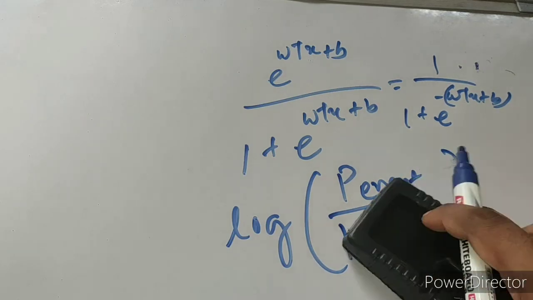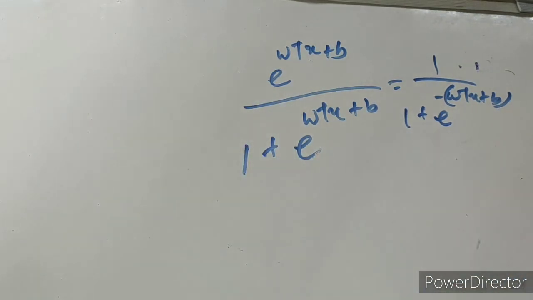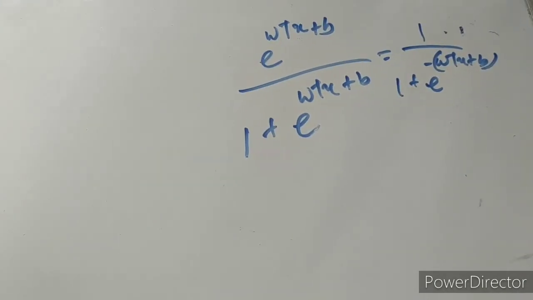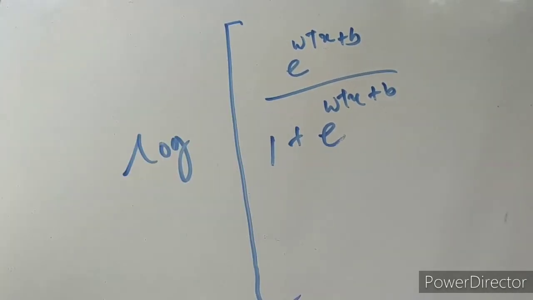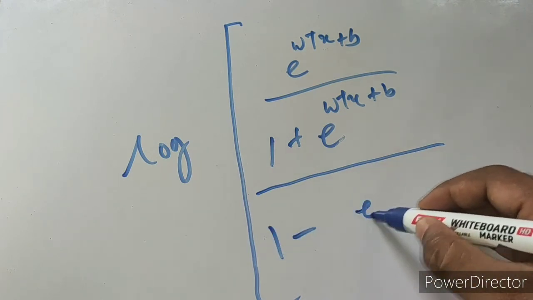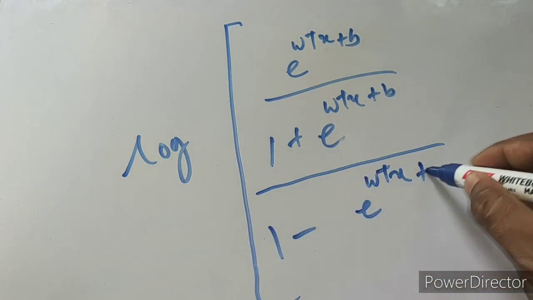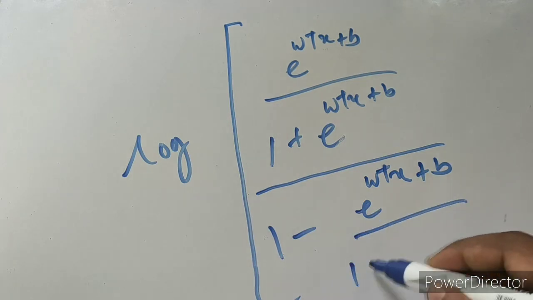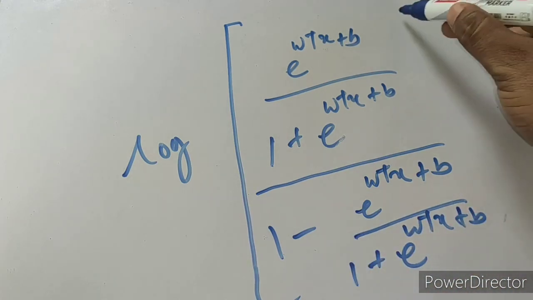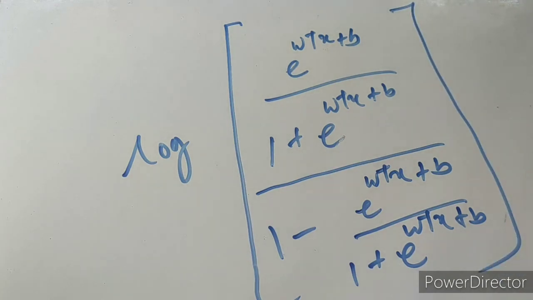Ultimately it is, the numerator e to the power W transpose X plus b divided by 1 plus e to the power W transpose X plus b, and the denominator is 1 minus that same expression. If you solve it, it will be